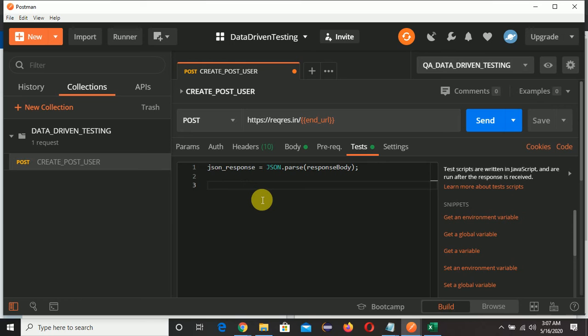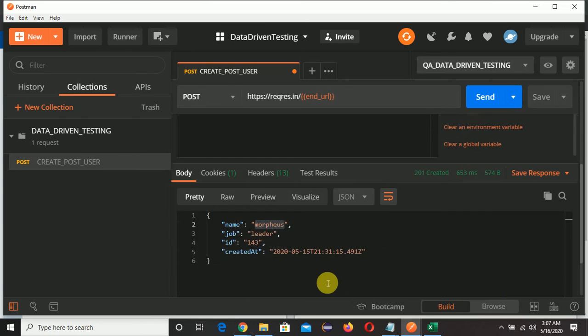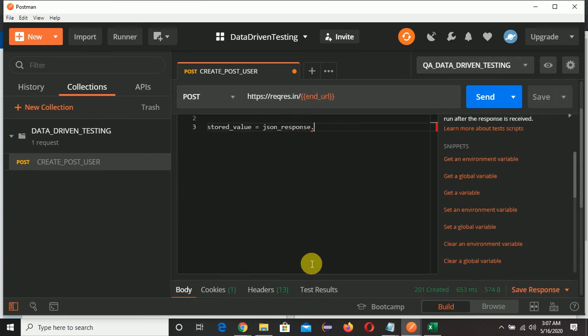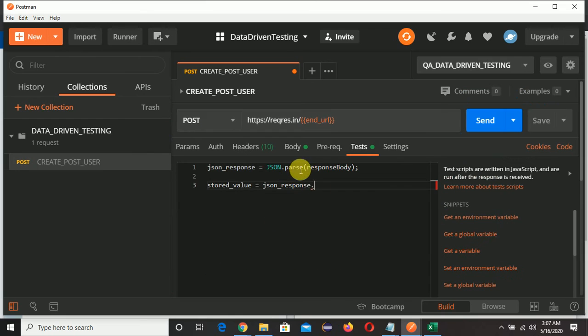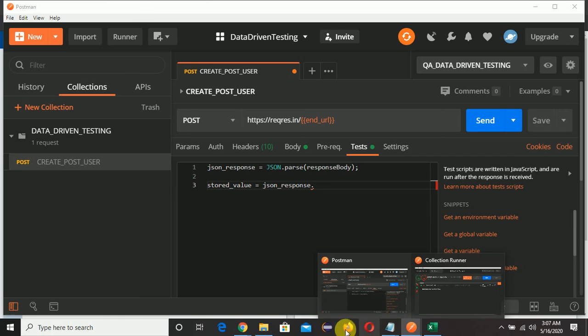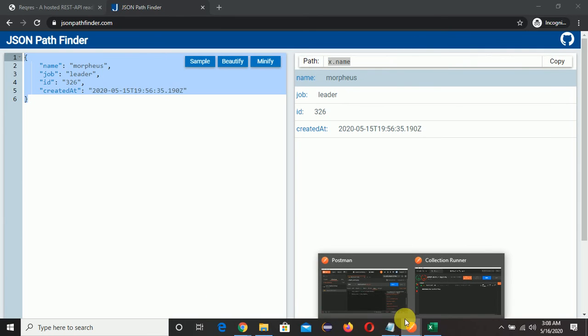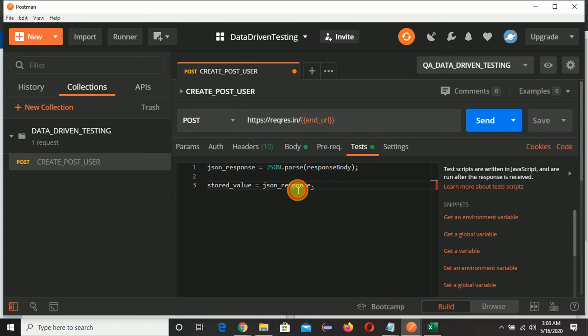Now we need to store it somewhere, right? So we'll write stored value is equal to, this is the whole JSON response. With the help of this JSON response we need to fetch this Morpheus. So what is the path we got? x.name. So here you need to write, this is our x here, dot name and semicolon.